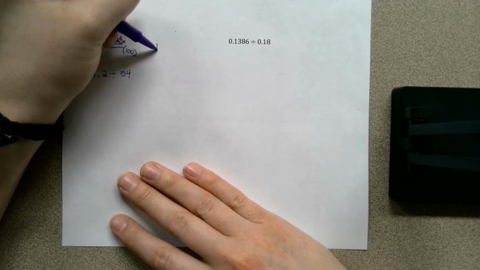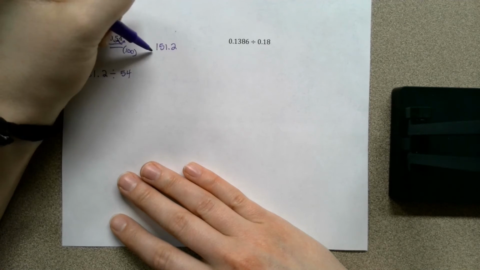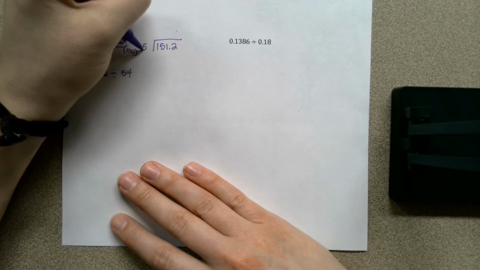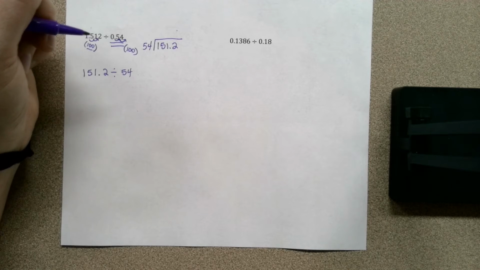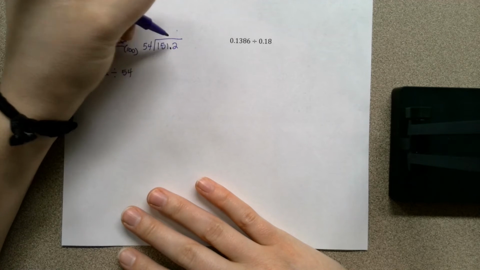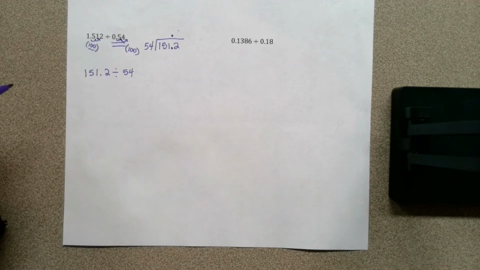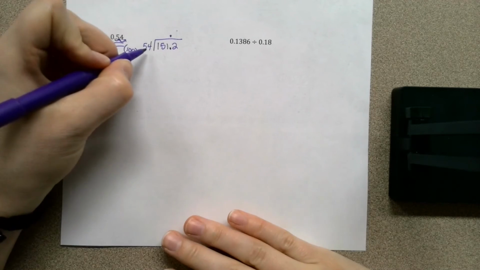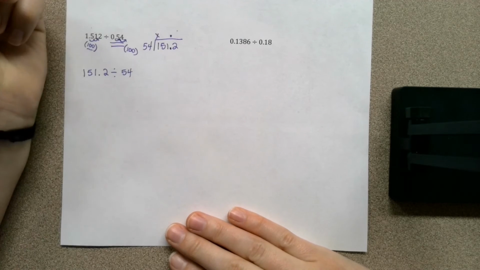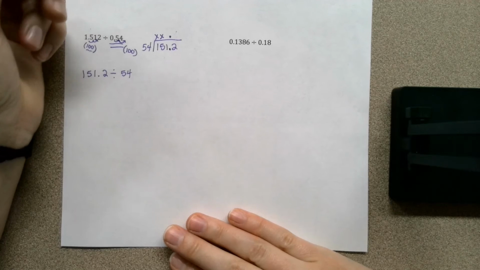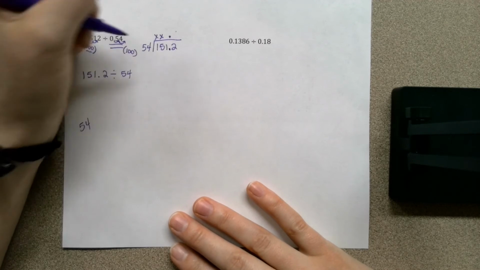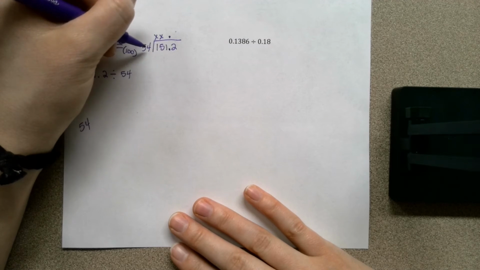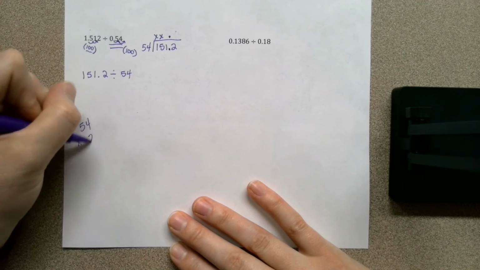So now if you write our problem as 151 and 2/10 divided by, so inside the box with 54, we can do our division. We can, even from the beginning, start by putting our decimal straight up. 54 doesn't go into 1. It doesn't go into 15. So if we check 54 times 3, because 50 times 3 is 150, and that's a little bit too much, we multiply it by 2,